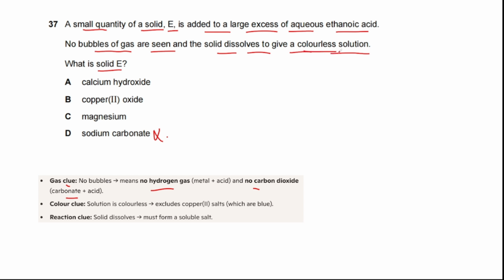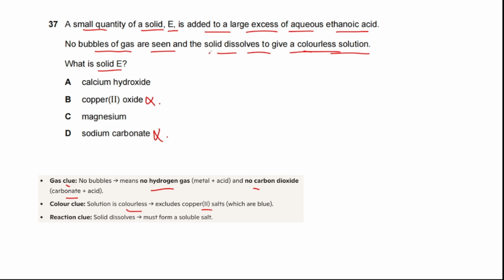Then the color clue: it doesn't show any color. If the solution is colorless, it's not the copper salts, because copper salts have colors, basically blue. So you can eliminate the copper(II) oxide, and the reaction has a large excess of aqueous ethanoic acid